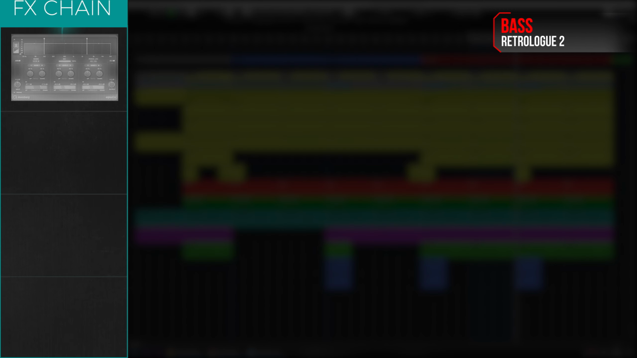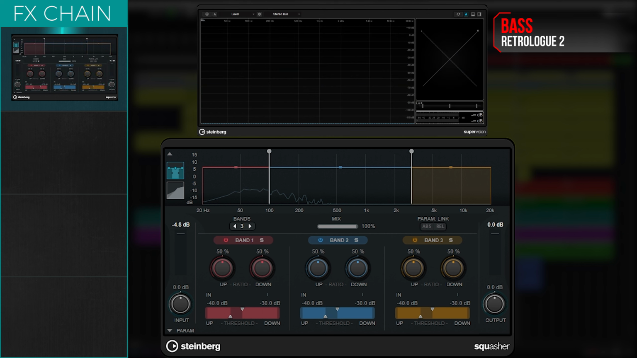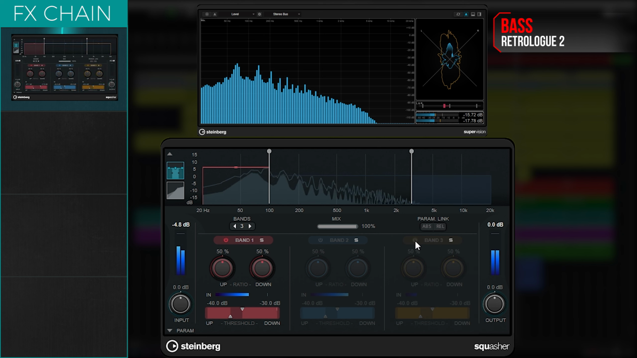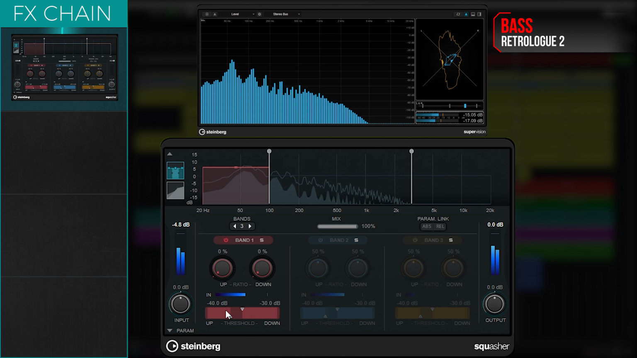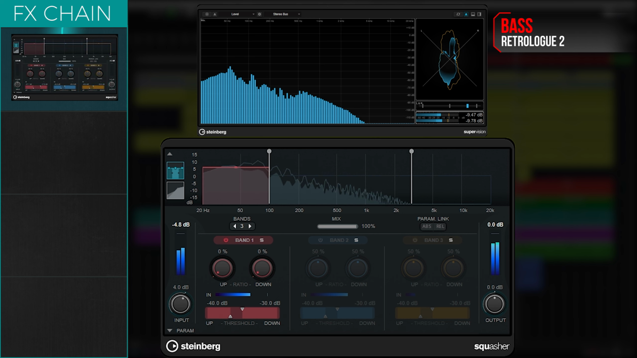Let's start processing. First, I want to work with the deepness. So I open Squasher. I love this plugin because in my opinion it sounds amazing, especially with the bass frequencies. Anyway, I'm gonna exclude bands 2 and 3. Move the ratio to 0 and up the input by 4 dBs. As you probably noticed, the phase and the stereo balance do not behave properly, but don't worry,